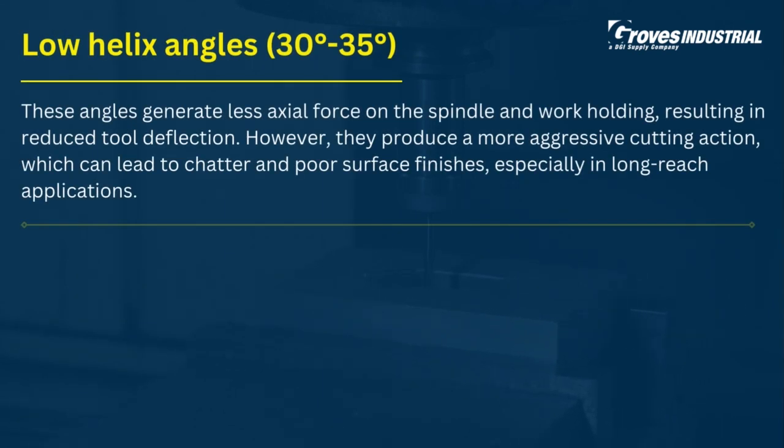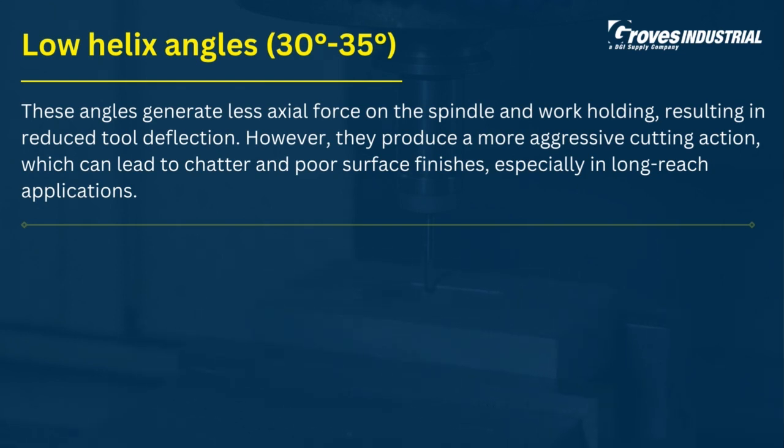Low helix angles, 30 degrees to 35 degrees. These angles generate less axial force on the spindle and work holding, resulting in reduced tool deflection. However, they produce a more aggressive cutting action, which can lead to chatter and poor surface finishes, especially in long-reach